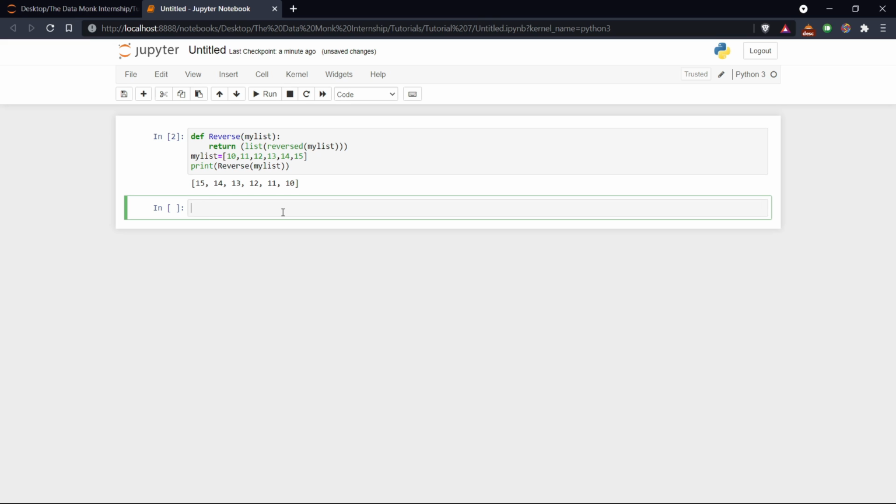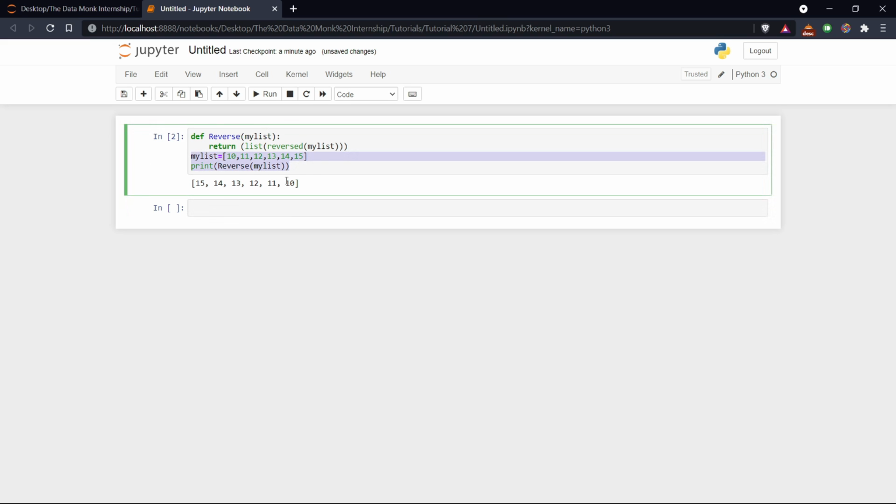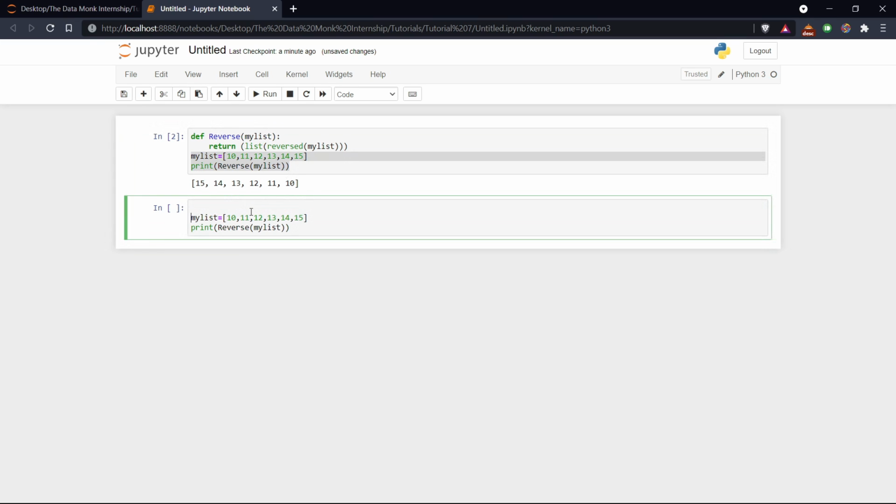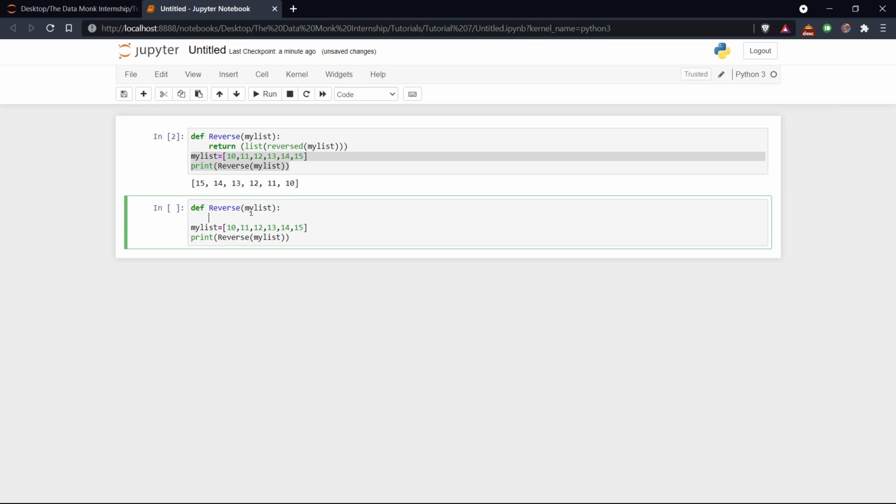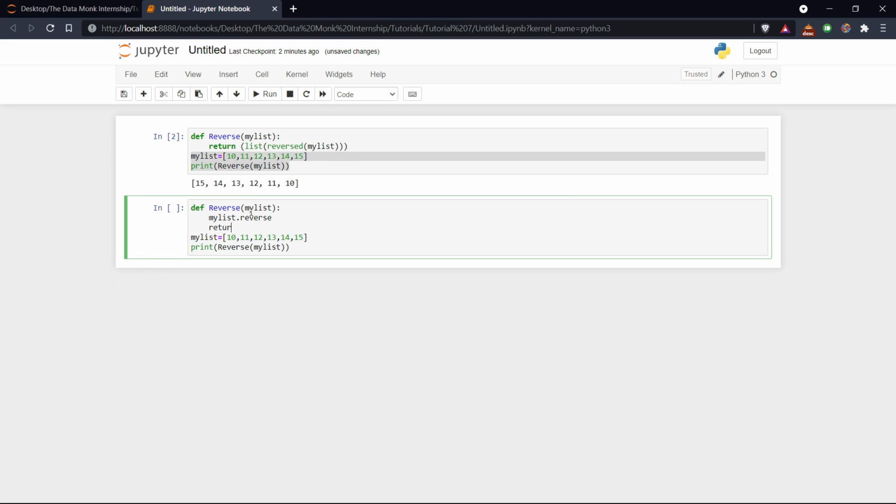Let's take this main part again, and let's define the function, def reverse mylist. Inside this function we have to just call mylist dot reverse. After this we have to return the list.